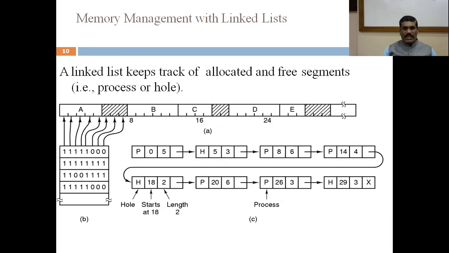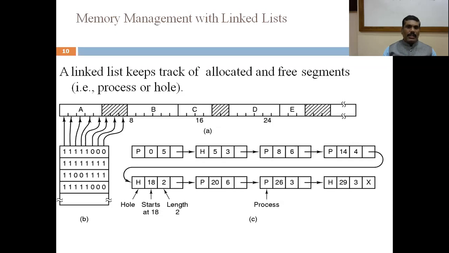Then there is a process C. Then some memory is free. Then process D is there. Then process E is there. And after that, some memory is free. So if you see the diagram B, here we'll find that a bitmap is there, and